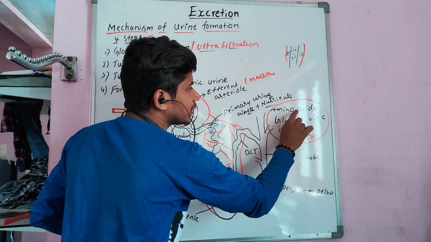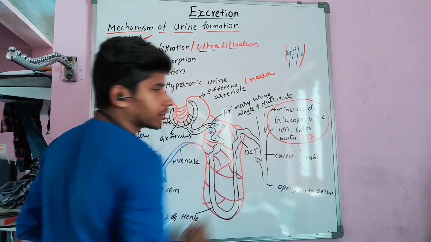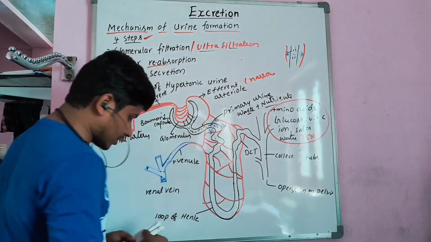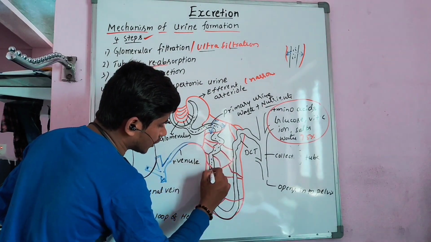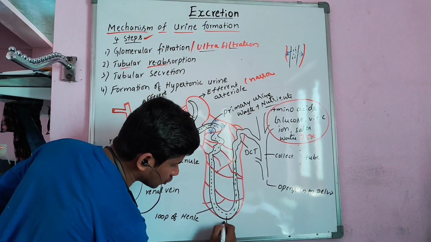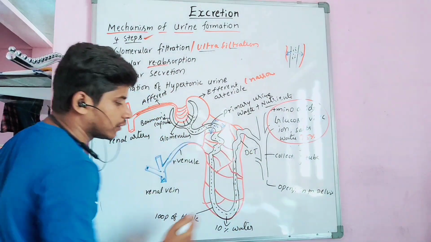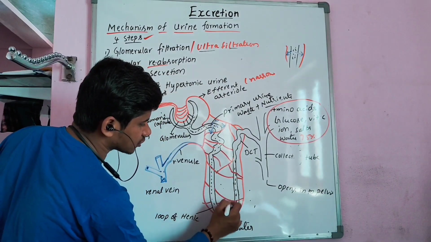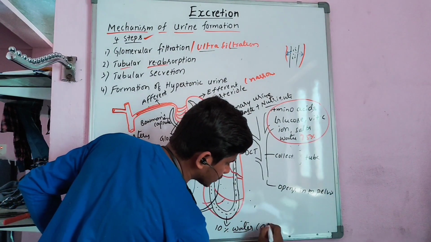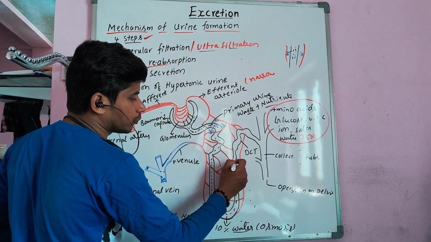What materials are going to be reabsorbed here? The amino acids, glucose, vitamin C, ions, salts, and water. Nearly 75% of water is reabsorbed from the primary urine. Now the remaining waste material flows into the next part of the nephron, that is what? Henle's loop, and through Henle's loop it goes to the DCT. Here from Henle's loop, 10% of the water from that filtrate is reabsorbed into the interstitial spaces. This is called what? Interstitial spaces. Here 10% of water is reabsorbed by the process called osmosis. Now the remaining filtrate goes up through the ascending loop of Henle.